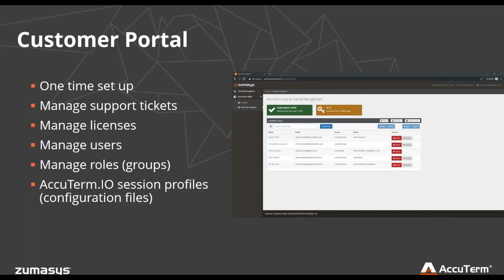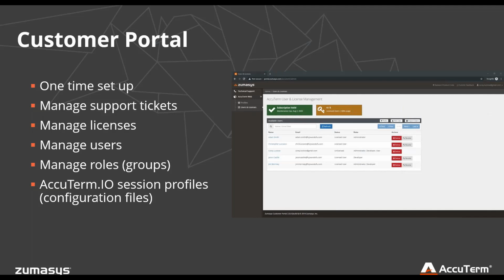So we have a Zumasys customer portal that is used as a centralized management administration place for AccuTerm. Kind of like other commercial web apps are designed, you create yourself an account for your organization, and then from that account you can manage the application.